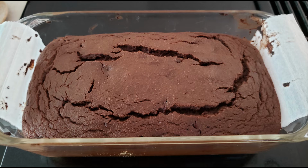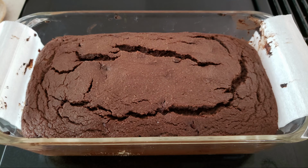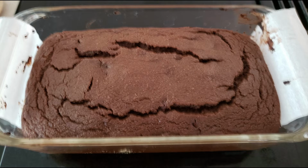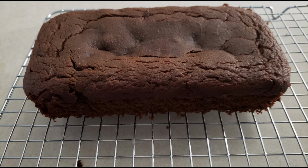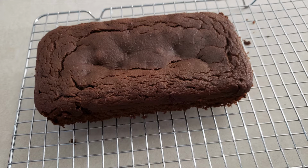Once the brownie loaf is done baking, remove it from the oven. It'll be soft, but it will firm up as it cools. Allow it to cool in the pan for at least 30 minutes or until it's firm. Once the brownie loaf is firm, grasp the overhanging parchment paper and carefully lift the loaf out of the pan, then transfer it to a wire rack and allow it to cool